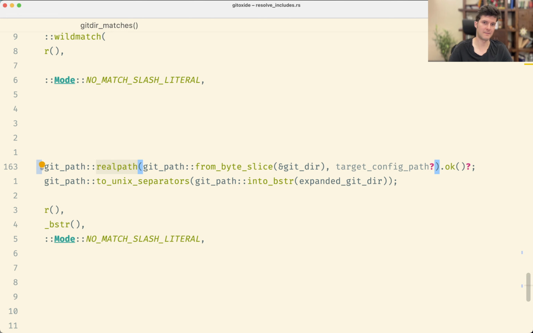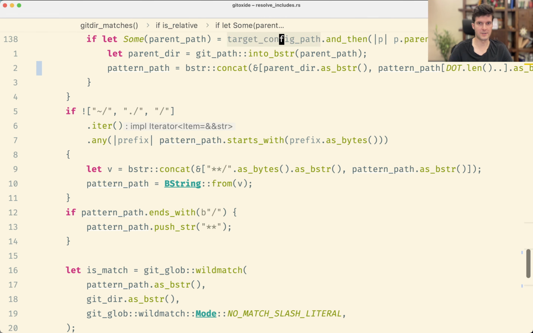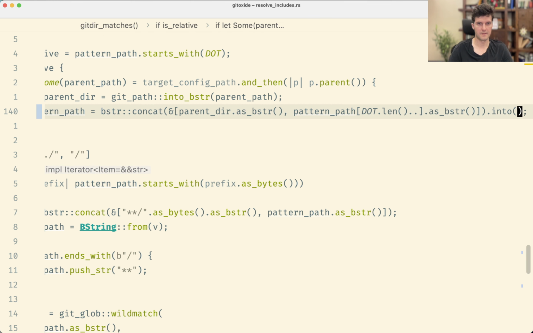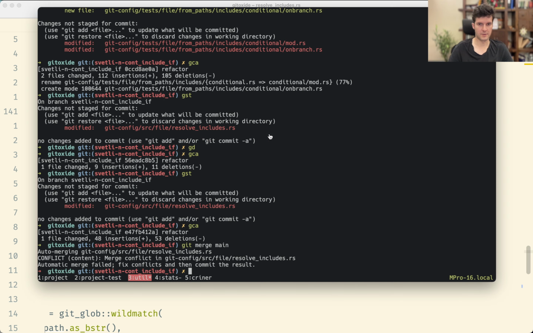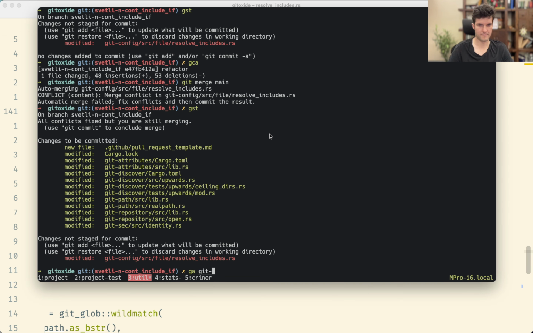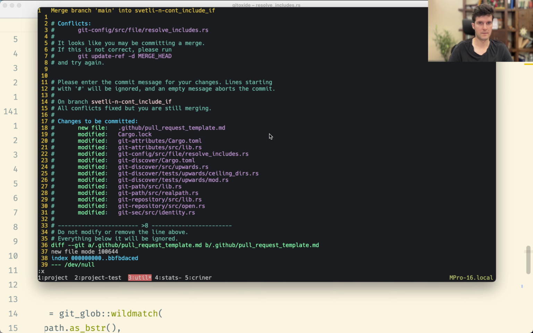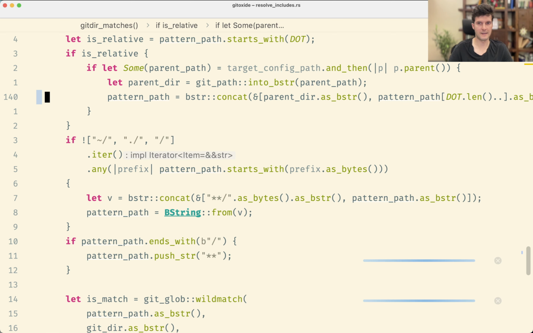Oh, okay, and I made a mistake because we are still in a merge here, so I better roll this back and finish the merge. Okay. Good, and now we can bring this line back,